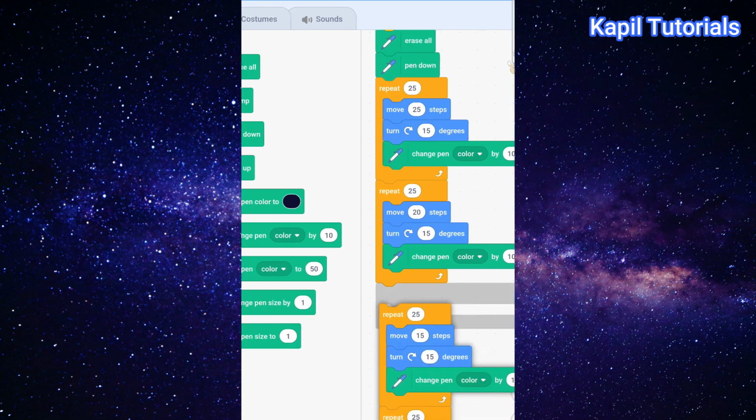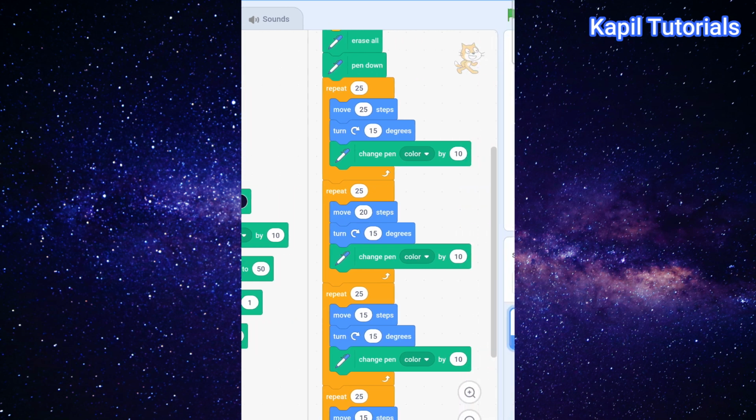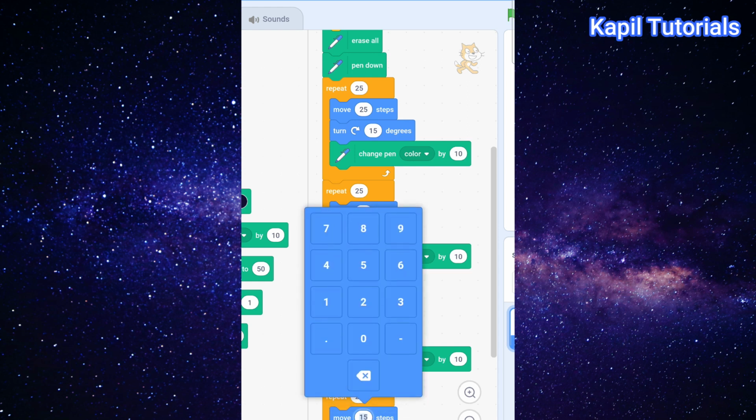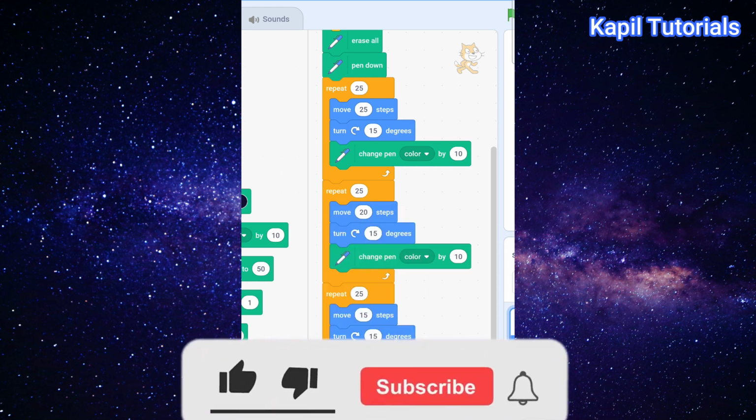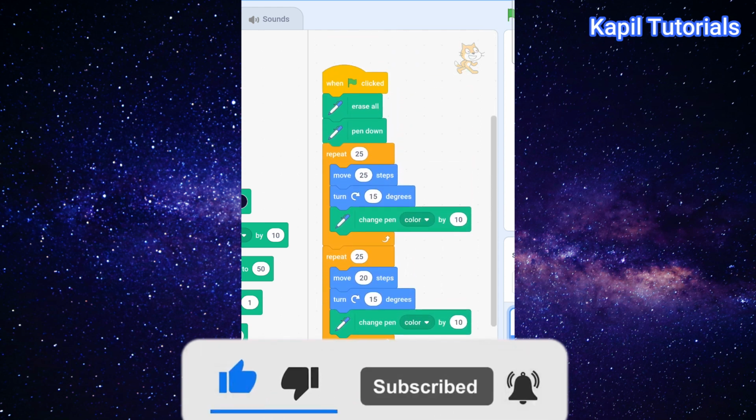I'll place it here. So earlier I have used 15, firstly 25 steps, then 20 steps, then 15. After 15 I'll use 10. So 10, 15, 20, 25.